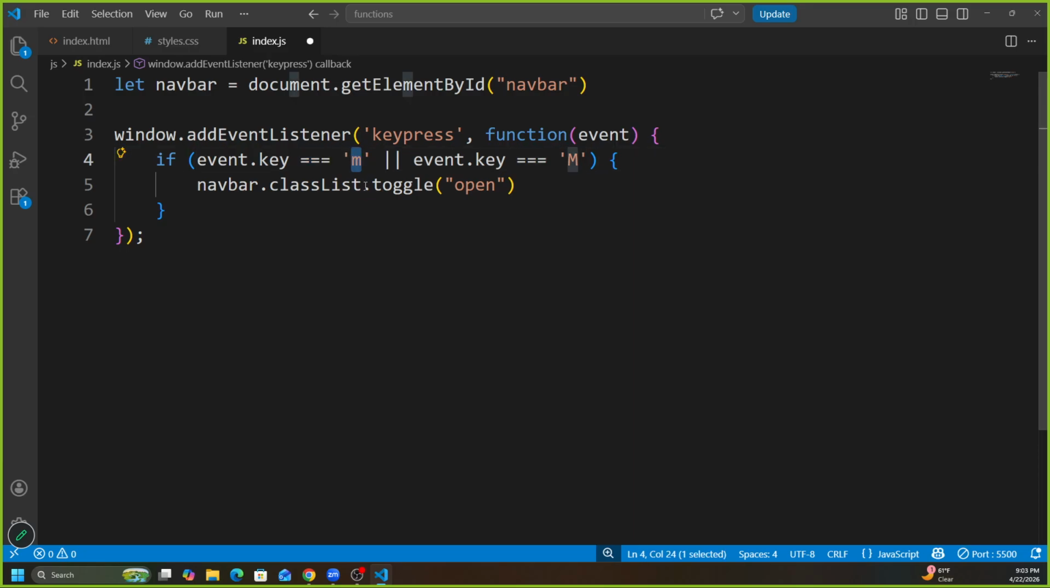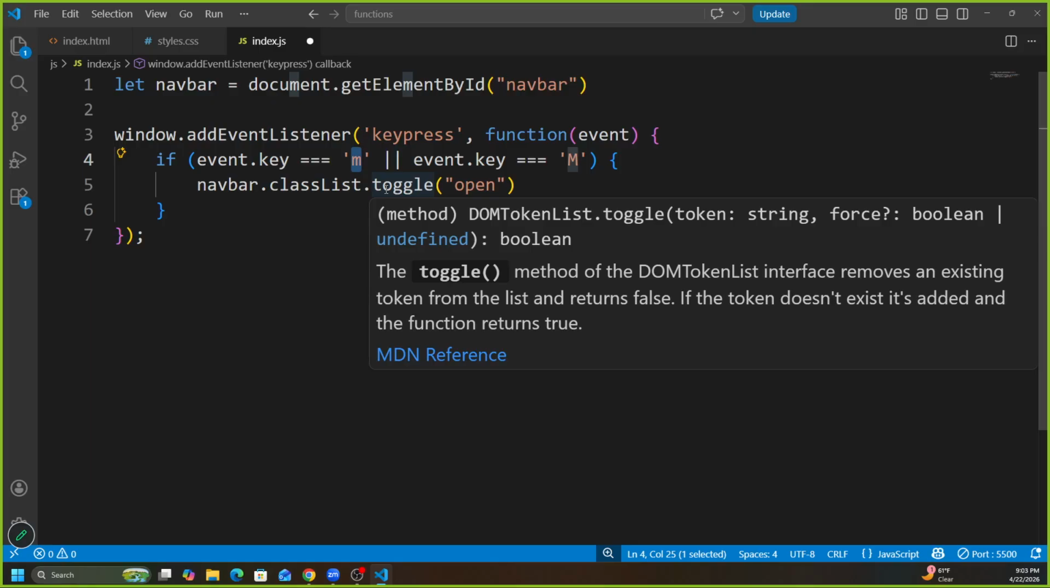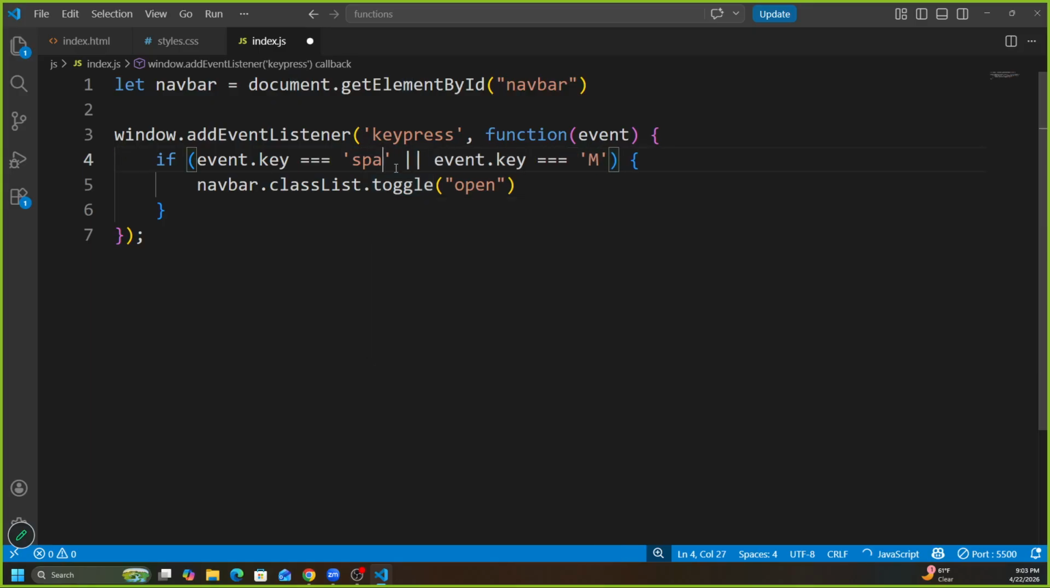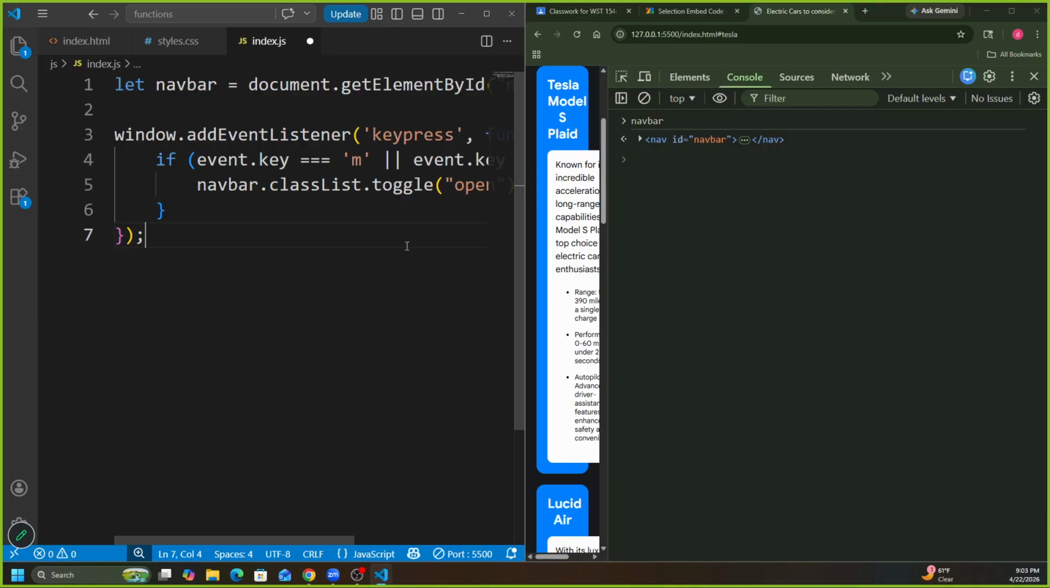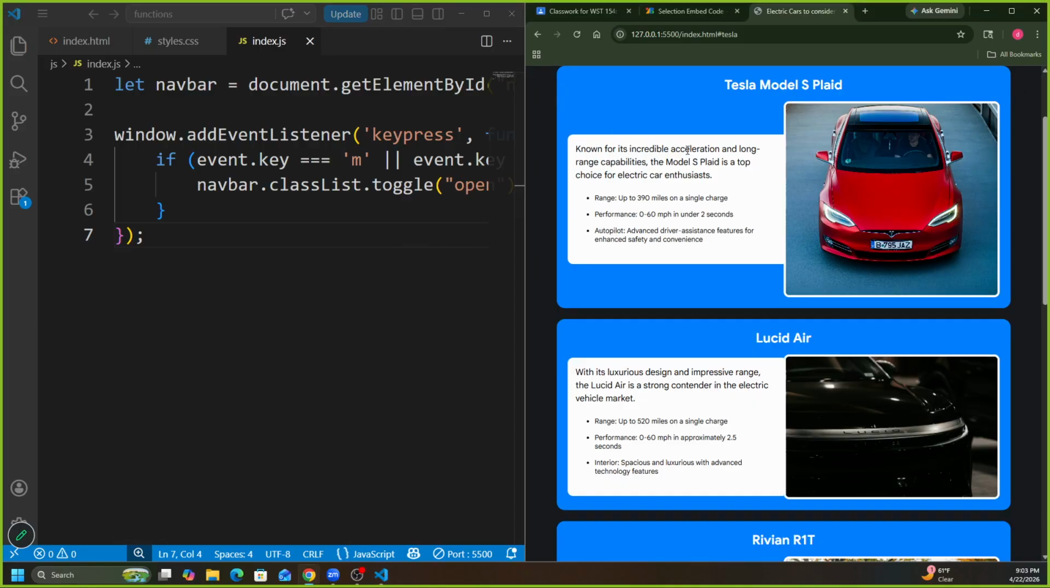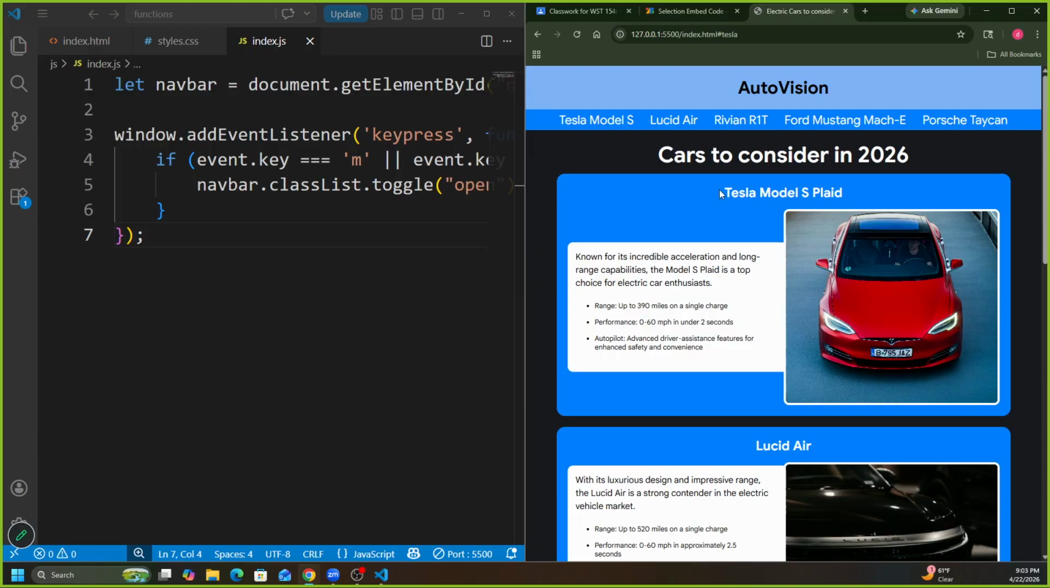I don't know why M, but I forgot what the space bar would be. I don't think it's called space. But let's do M because that's easier. So if it's M or capital M, lowercase, if we press that button, navbar dot class list, we're going to toggle open. So if I save this and I go here and I press the letter M on my keyboard,